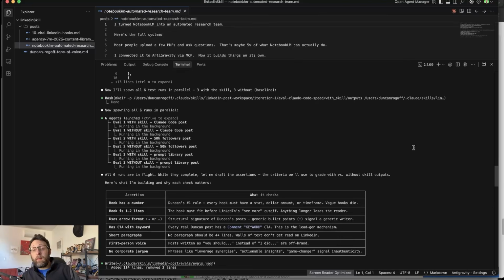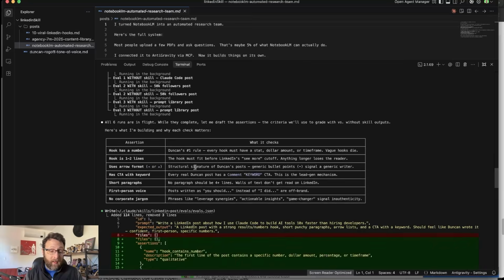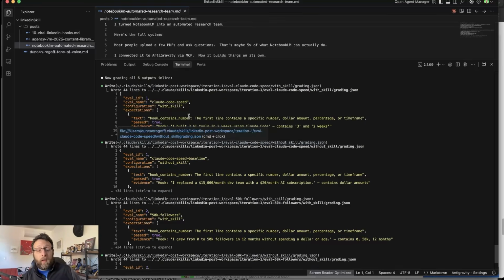This is one of the biggest improvements in Claude Skills 2.0 over version 1. And what it's doing now is it's actually testing the system itself before it finalizes the skill. It actually spawned 6 different agents to write 6 different LinkedIn posts for me. And then here's the format that it's going to use for every single one. And then it's going to check the outputs itself to make sure that it's doing a good job before it actually finalizes the skill. So if we come in here, we can see that it's already doing an incredible job